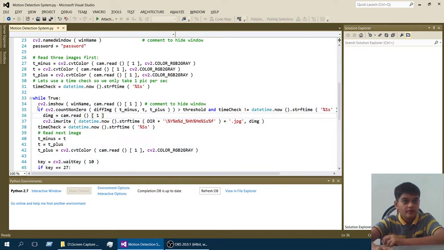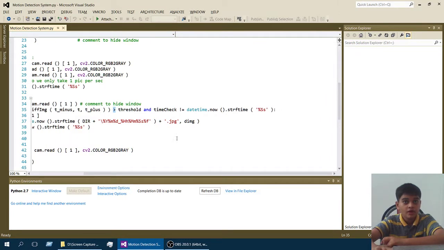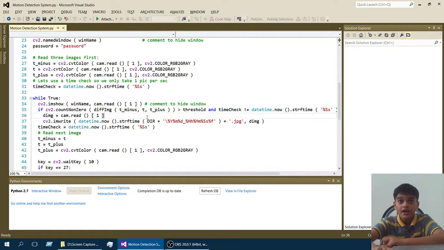So first of all, we check if the difference between t minus, t and t plus checks for the number of non-zero values in there, and if it exceeds the threshold, that means there is a large body moving, and time check is not equal to datetime.now.strftime. This piece of code checks that at least 1 second has passed, and this just means that there is some movement. If there is any movement, then we create a variable called dImage, and then oh look, a familiar